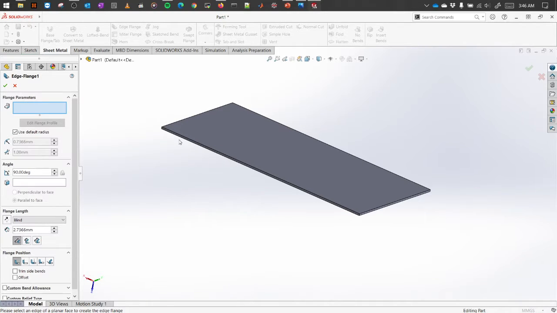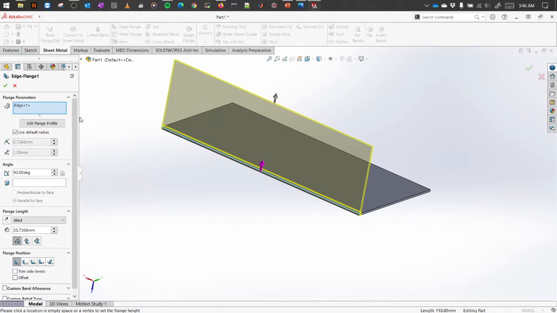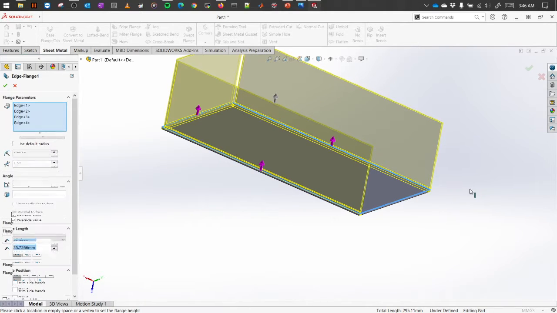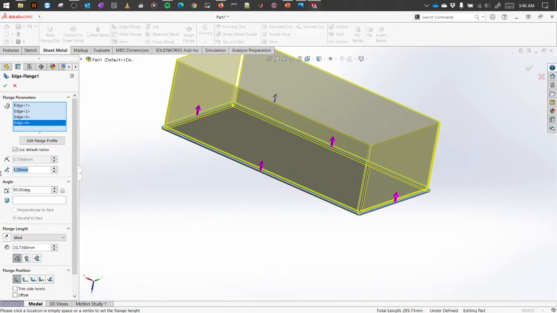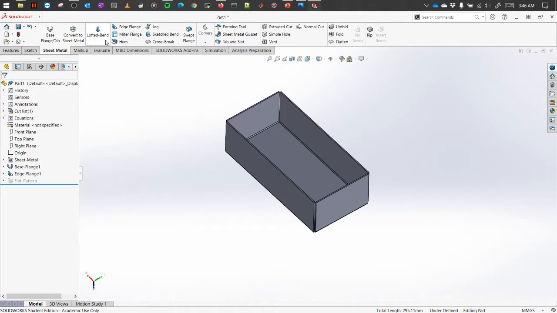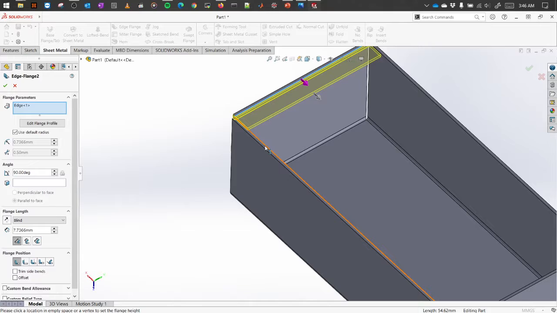What we need to do is select these edges. Let's say they are on the same plane. Just keep the gap between them at 5. Okay, now if you want to cover the top, we need to again go into the edge flange, select those edges again,